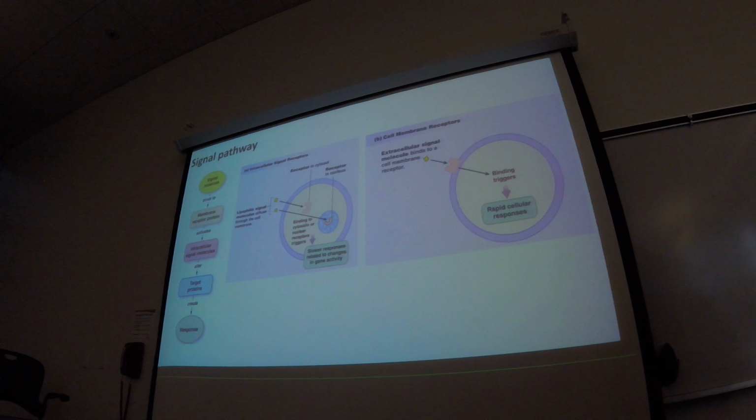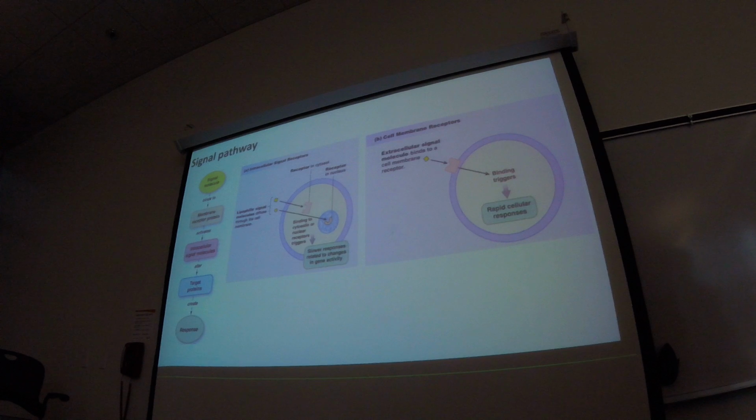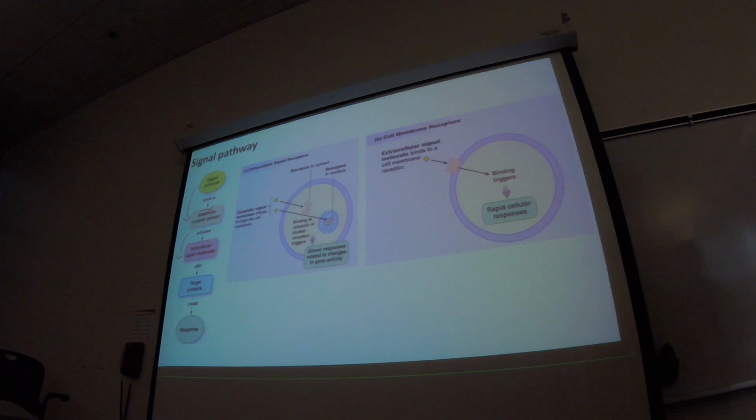Alright, and so that signal, whether it's a local signal like a paracrine signal or a hormone traveling through the bloodstream, follows this pathway. The signal molecule will try to bind to some kind of receptor. Sometimes it's a membrane receptor, sometimes it's not. Then it will activate some kind of intracellular response. So something inside the cell, that's what intracellular means, will happen because the receptor is bound to its ligand. It's going to create some change, and that change is going to affect some protein, which will in turn create some